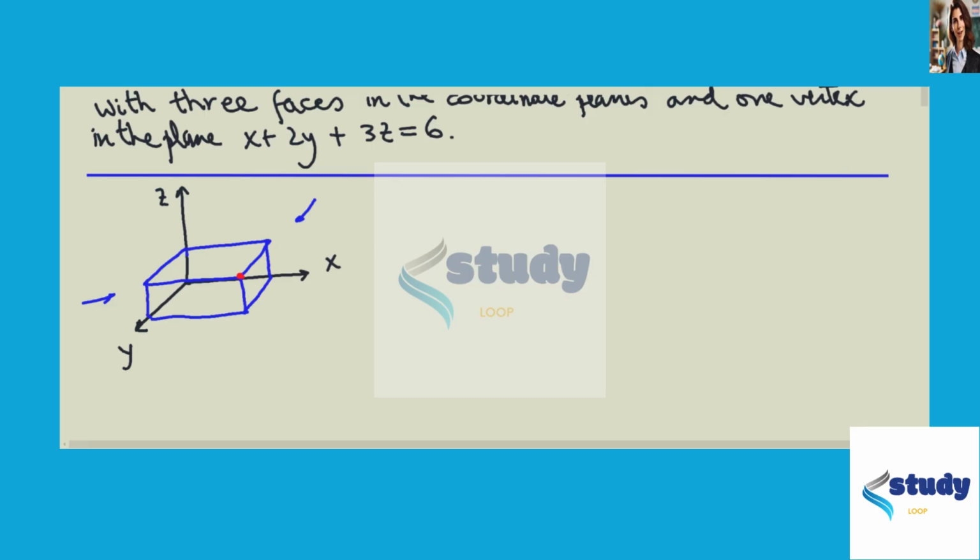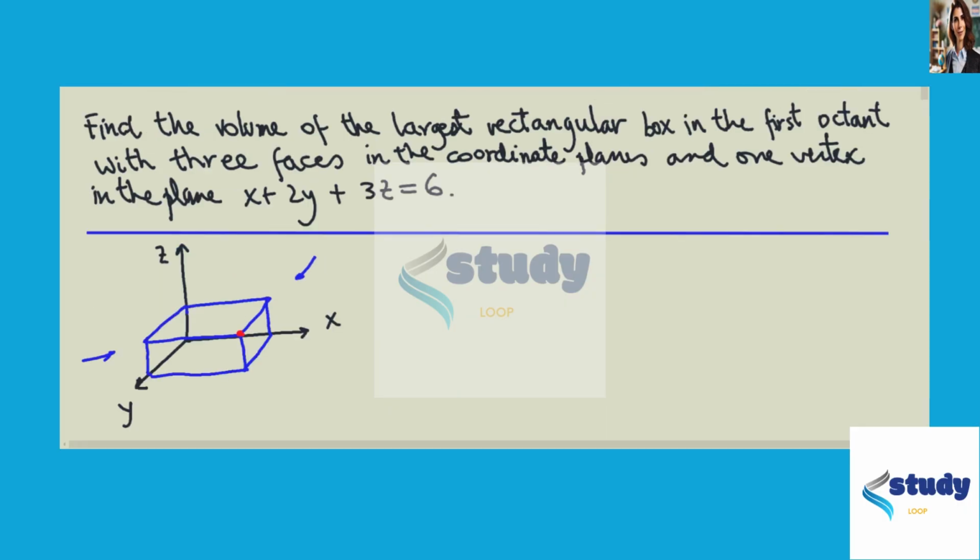If we don't restrict the position of that point, then we can draw boxes with volumes as large as we want. There will be no limit to the dimensions of the box. But in this case, that vertex, this red point, must be on this